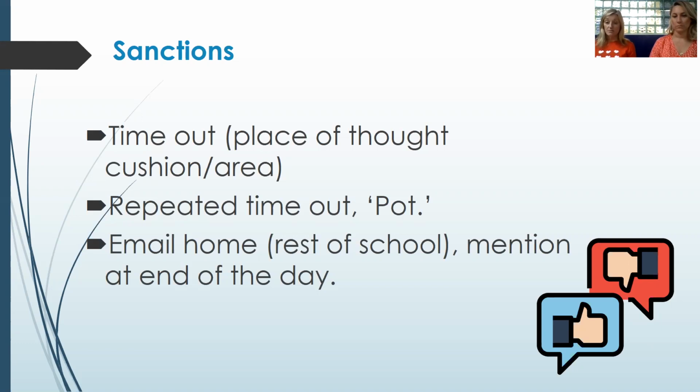And often they know, I shouldn't have touched that child, or I should come and do as I'm told, and I should come and sit on the carpet or do what I've been asked by an adult. It gives them that little bit of time to reflect on their behaviour. Yeah, and to think about it. And if this repeats, then they go to, we call it the pot in school. So it's a place of thought, and they'll